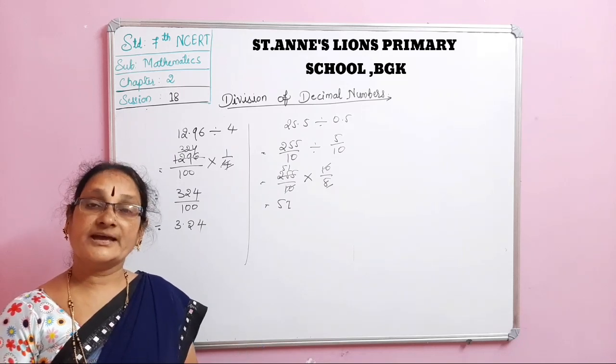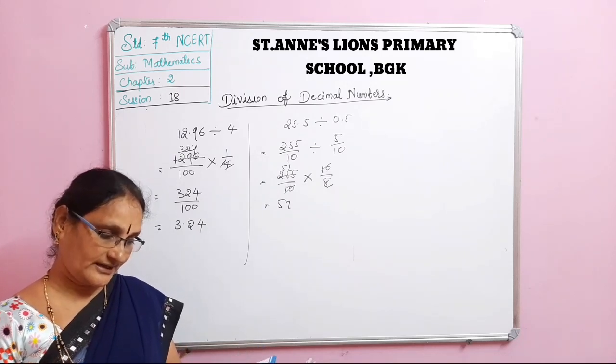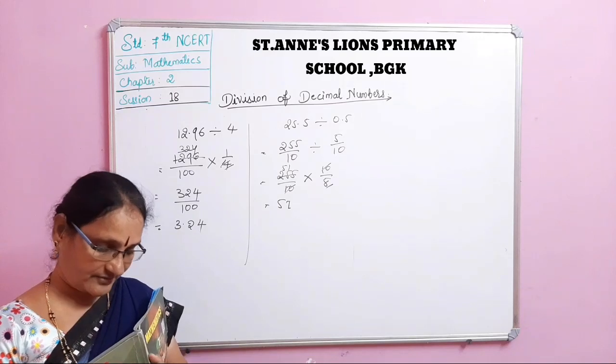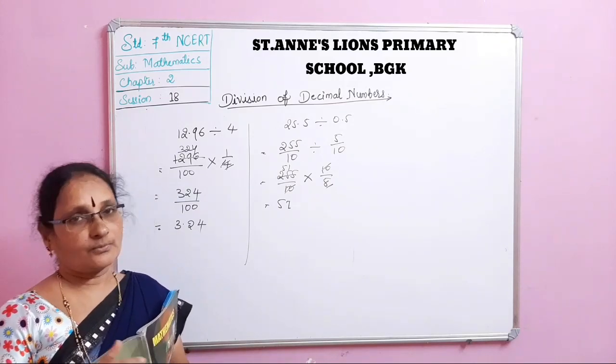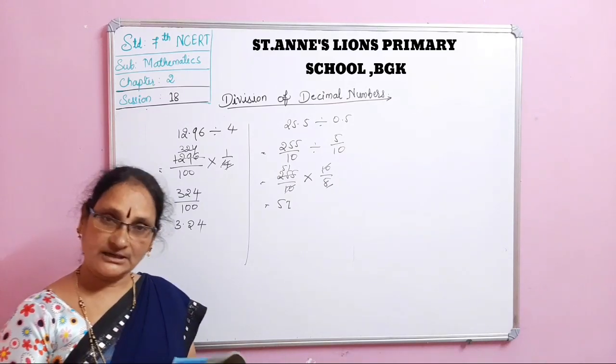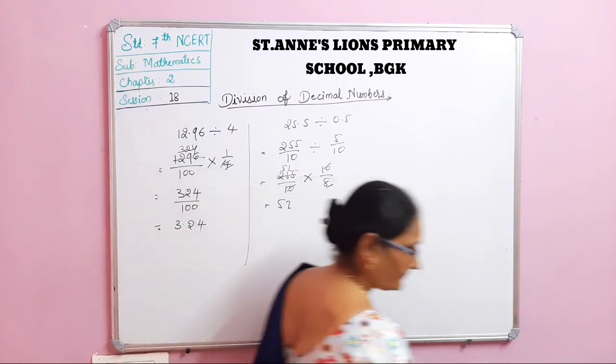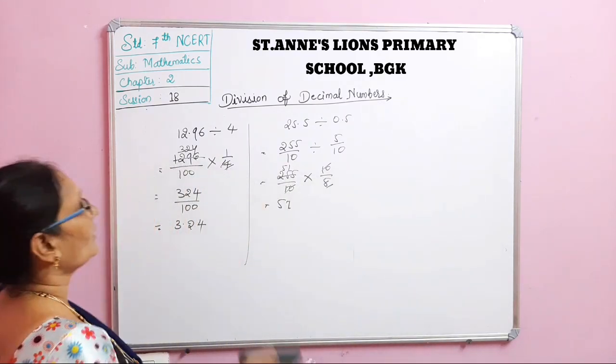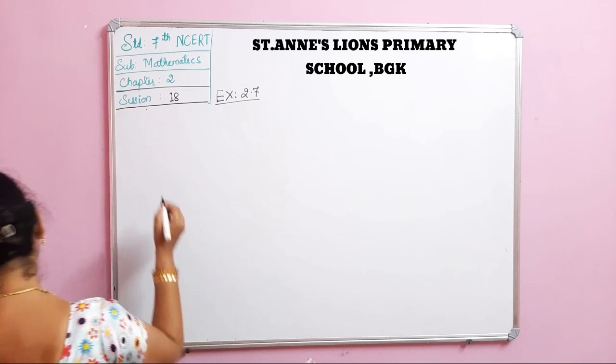Now we will do exercise 2.7. In that we have so many varieties of problems. When we solve them one by one, you will become still more perfect in this. Now exercise 2.7. First one, find